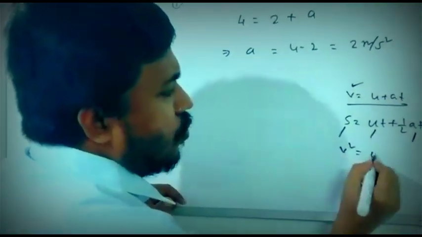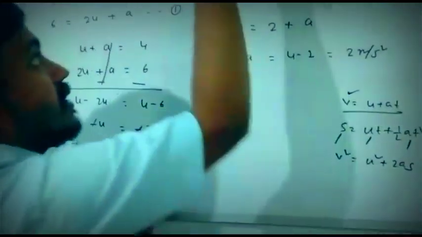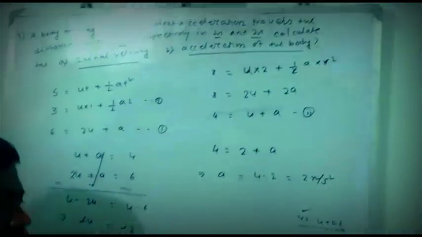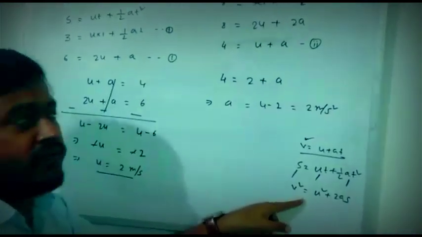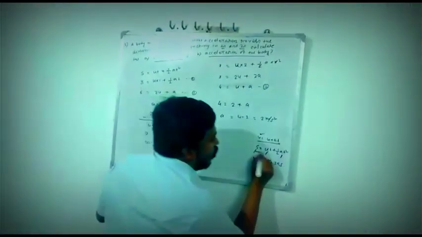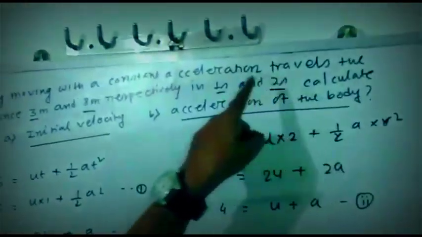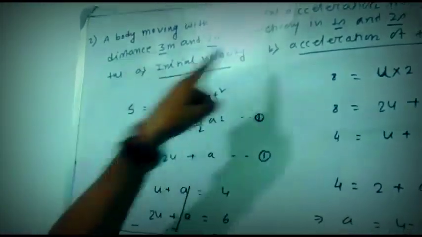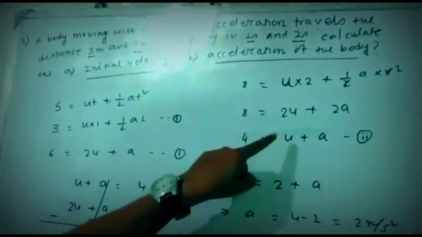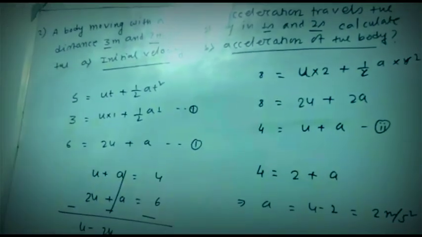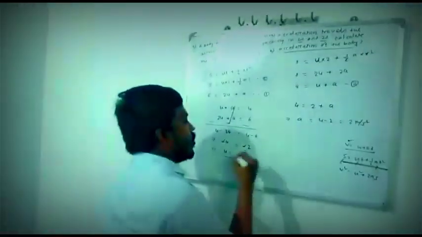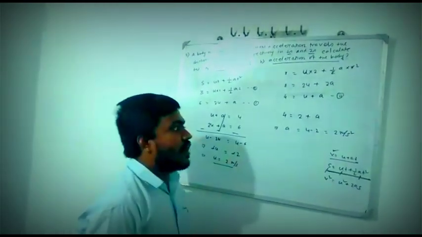And dear students, V squared equals what? Third equation, U squared plus 2AS. In this numerical, time is given, but in the third equation there is no parameter in terms of time. So that's why, dear students, we can use the second equation of motion for solving the numerical. We can provide the two situations: when time is 1 second, displacement is 3 meters, and when time is 2 seconds, the displacement is 8 meters. From these two parameters we can find two different equations, and after solving them, students, we can get the results. What is the value of initial velocity and what is the value of acceleration?